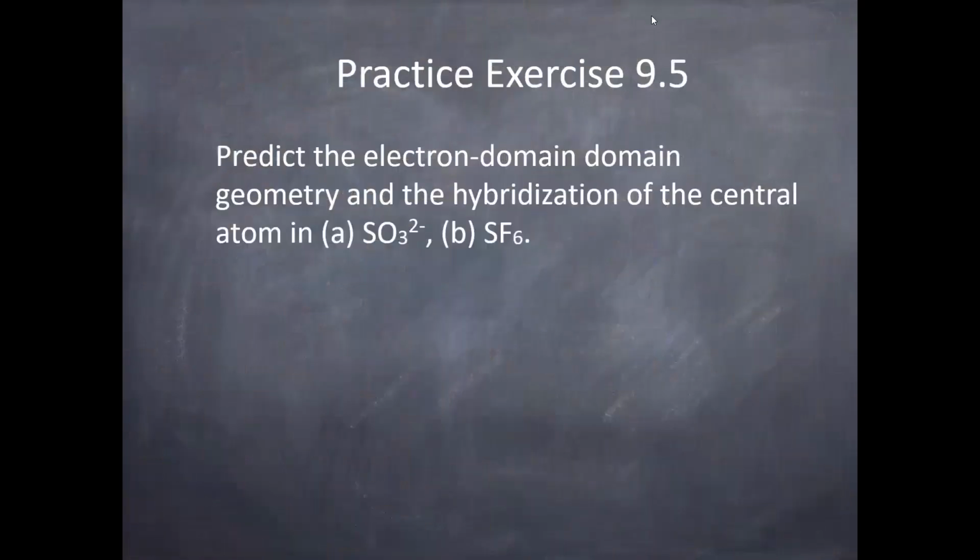And if we look at a couple examples, I'm actually going to go with B first, just because it's going to be a little bit quicker. But for this one, we don't even need to draw the structure, really. What it's ultimately going to be is a sulfur in the middle, 6 bonded fluorines, and then no lone pairs on that sulfur. So since we've got 6 electron groups, we need to have 6 hybridized orbitals, 1 s, 3 p, d2, gives us our 6 orbitals there. And then with the other one,